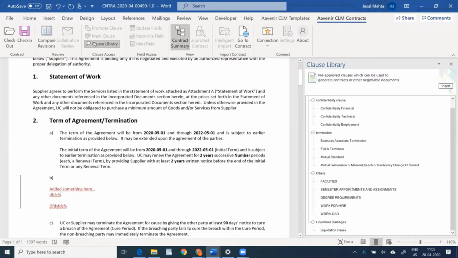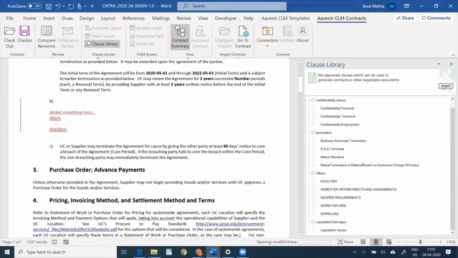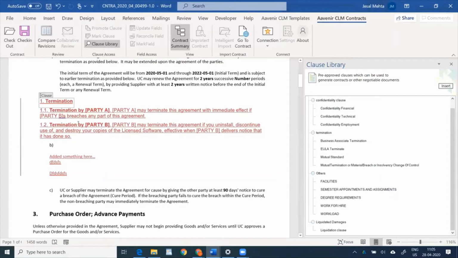In the clause library, the approved clauses are already present. So she says, you know what, you didn't like that termination clause, so I'm going to put in the EULA termination that is approved by our legal team. She can come in and insert, and that language from the clause library automatically gets inserted here in the document.